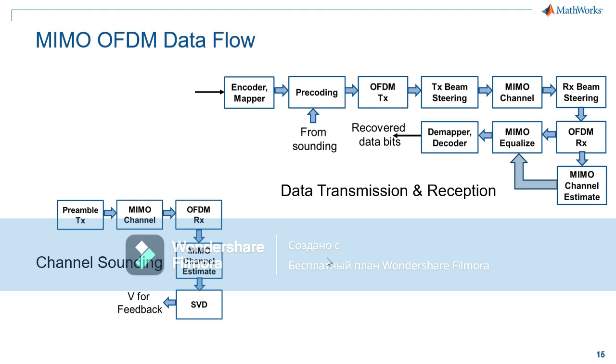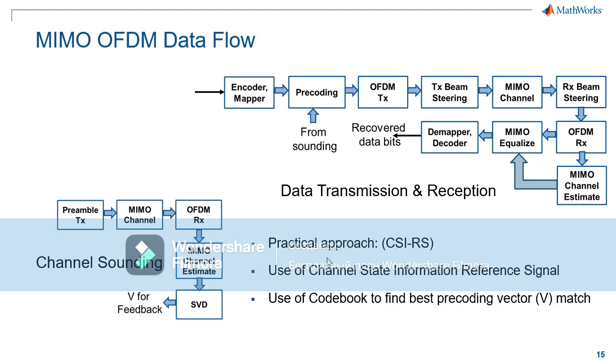So pre-coding plays a big role, and therefore channel sounding plays a big role in successful 5G pre-coding. The practical approach for 5G has been the use of CSI reference signals, and we use codebooks to find the best pre-coding vector match at the UE and transmit that in the uplink to base stations so that the pre-coding matrix can be used in subsequent transmissions. But this architecture informs how for digital pre-coding